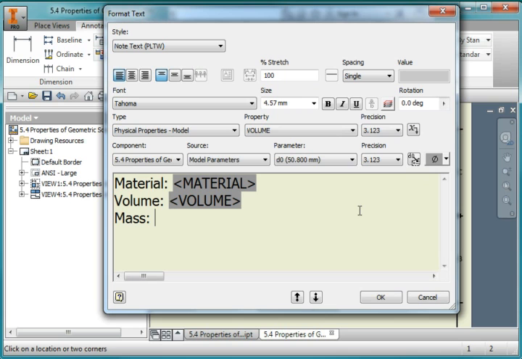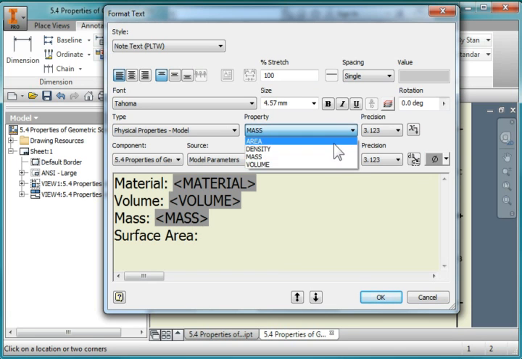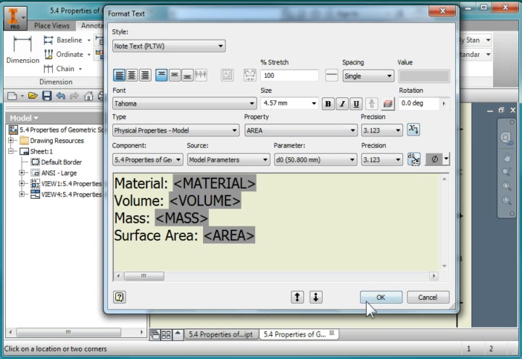This is the weight of the part. Come over here and choose mass. Once again, select this icon. Enter. Type in surface area, colon, space, and come up here and select area. Once again, select this icon, hit OK,